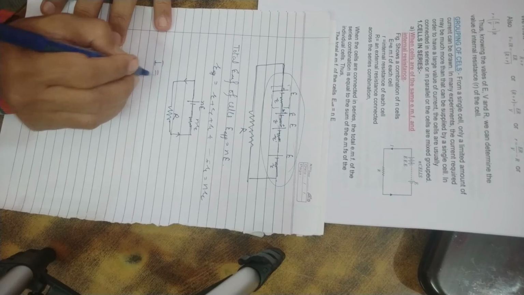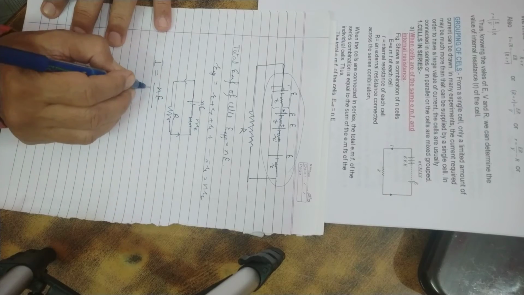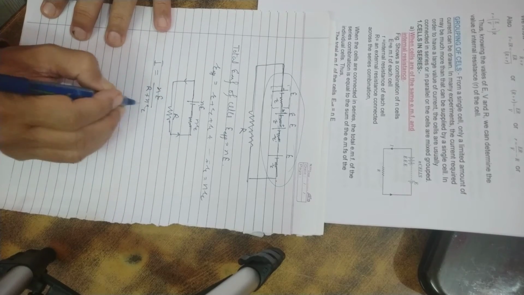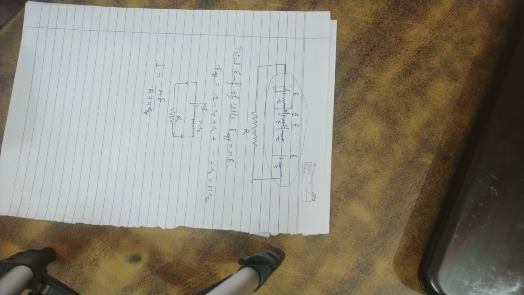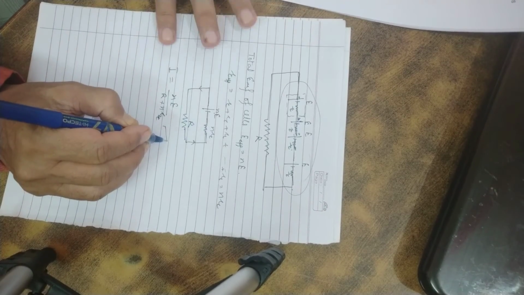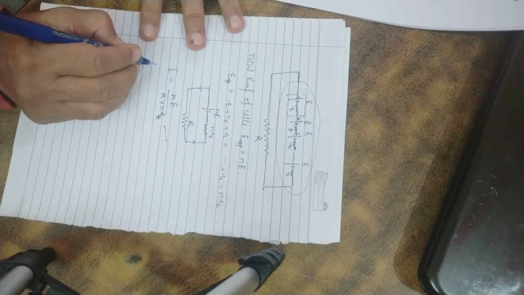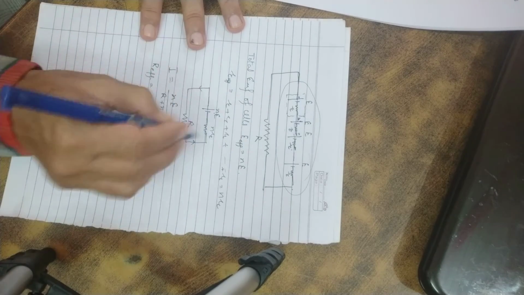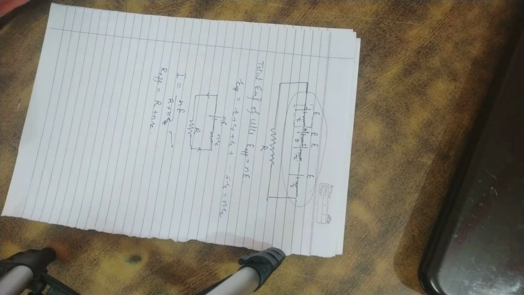Now due to this, current will be set up. So what is the current in the circuit? Current in the circuit is EMF nE divided by total resistance. Total resistance is R plus nr. So this is the formula for current when cells of equal EMF and same internal resistance are connected in series. And what is the effective resistance of this circuit? इस सर्किट का effective resistance होगा R plus nr. This is the effective resistance of this circuit.